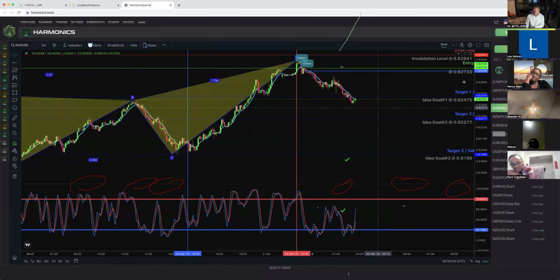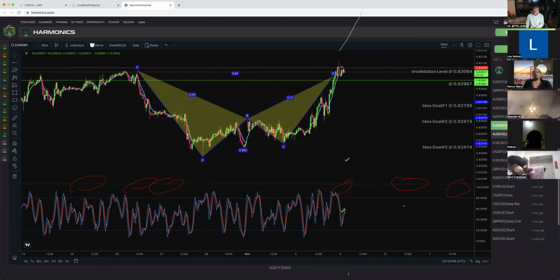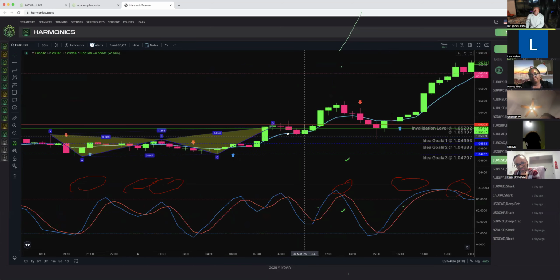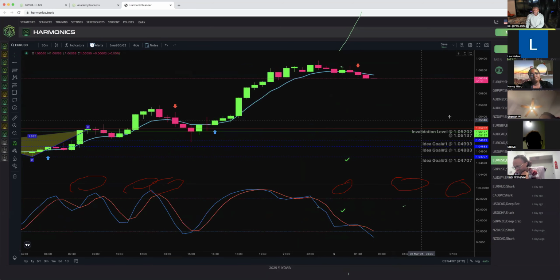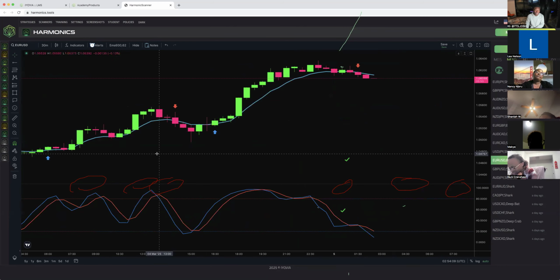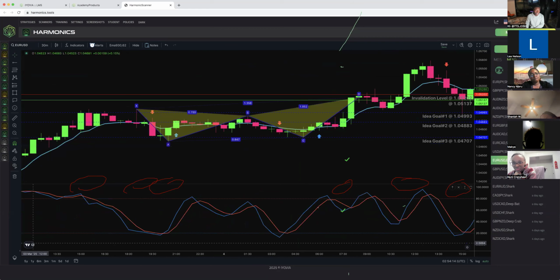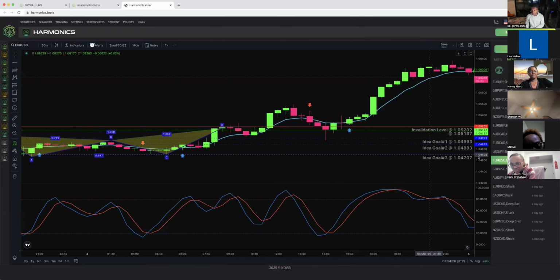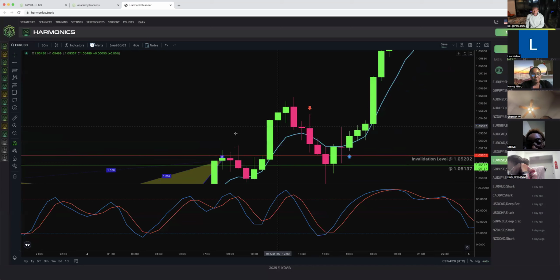All right? So let's do a back test. We're going to look at some old trades, and I'm going to run through this strategy really quickly with you guys. So let's look at this one. Euro USD. What happened in this trade, you guys? It hit stop loss. This trade hit stop loss. All right? So let's even look at it and see if it was a trade that we would have taken. Euro USD butterfly, perfect. We like that.